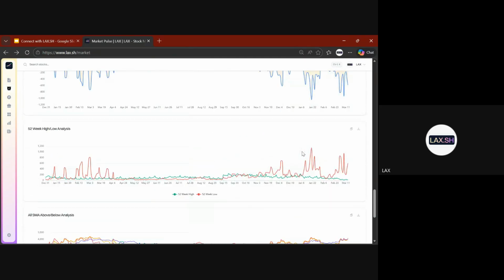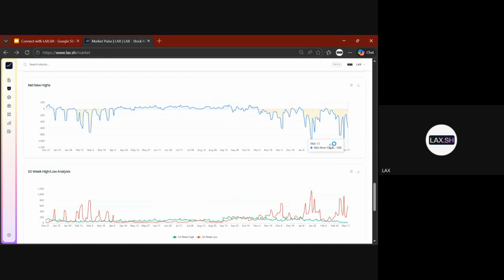You can also use this as an extreme oscillator. So you see, last year, right? When the maximum reading went to -733, that is when we hit the bottom. Although index level bottom happened much later, on this day, 7th April. But the broader market had already hit the bottom on this day, right?